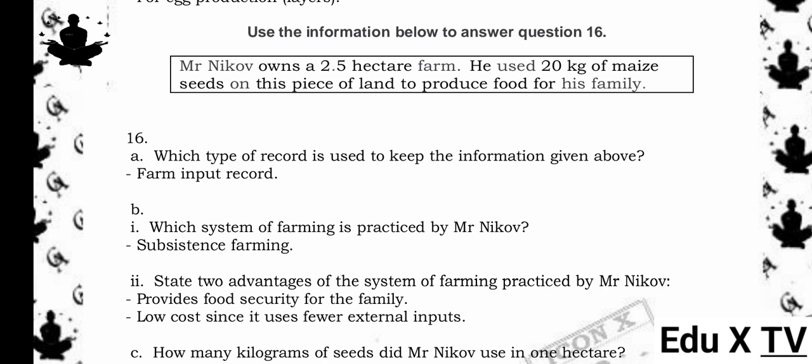16. A. Which type of record is used to keep the information given above? Farm input record. B. (i) Which system of farming is practiced by Mr. Nikov? Subsistence farming. (ii)